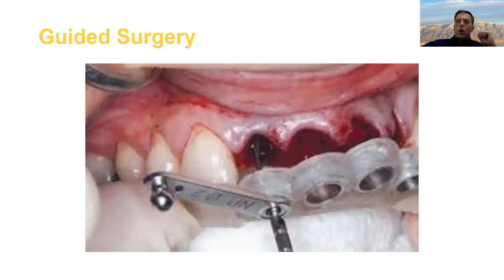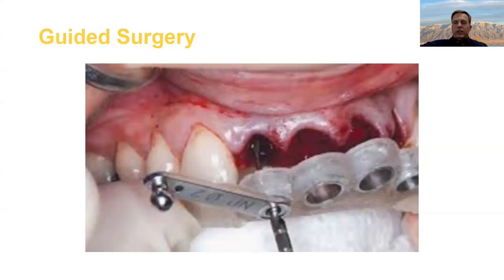So in most cases, if you look at the anatomy of the bone, there's more than one angle and position that we could place an implant and get a healthy result. So the question becomes, how do we decide which of those good positions surgically is the best position? I would say the best position is the one that creates the best prosthetic. So that's the advantage of guided surgery, is that when we do a surgical guide, the first step is we design the tooth that we're going to replace. Then, based on the dental anatomy, we place the implant in the best position possible to